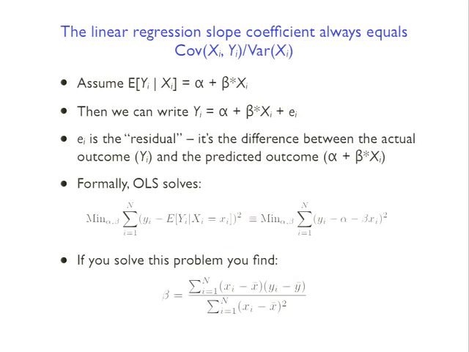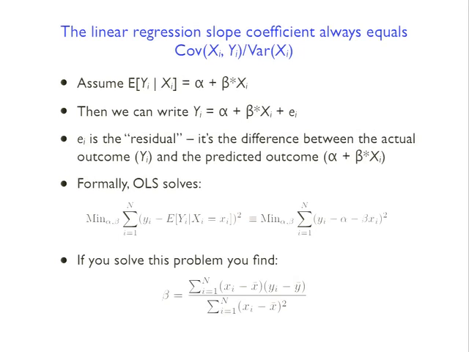And so I hope you basically remember that formula. The last one that you hopefully remember but may not is that if you wanted to calculate the covariance between two variables, similarly, that's going to be the sum from i equals 1 to n of (x_i minus x bar) times (y_i minus y bar), again rescaling that by 1 over n in the front. So if you take the expression for the variance and the expression for the covariance of x and y, you can see that on the top, we have the covariance of x and y multiplied by n. On the bottom, we have the variance of x multiplied by n. So the n's on the top and the bottom would cancel out. And so beta is then just going to be equal to the covariance of x and y divided by the variance of x.